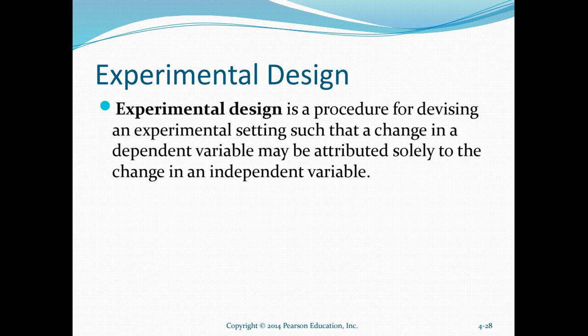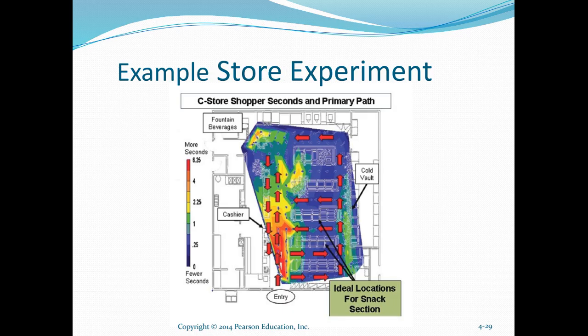Experimental design is a procedure for devising an experiment setting such that a change in a dependent variable may be attributed solely to the change in the independent variable, while controlling for the other external variables. There we got an example in which we are trying to find out what is an ideal location for the snacks section, which we try to establish in our store shopper section. So we have got an example of a store,